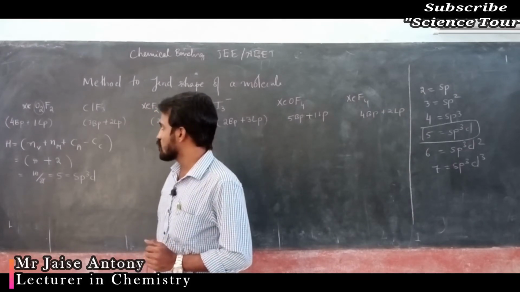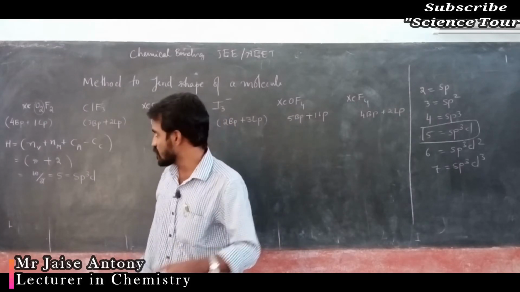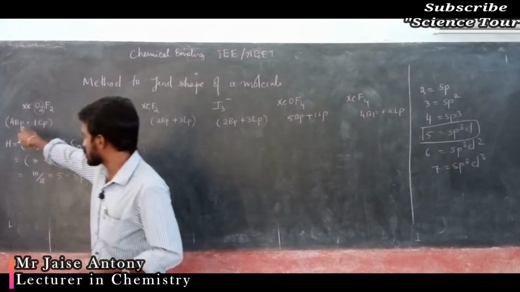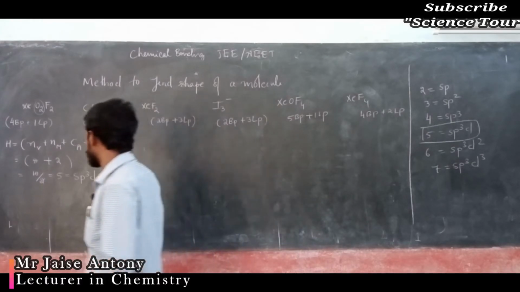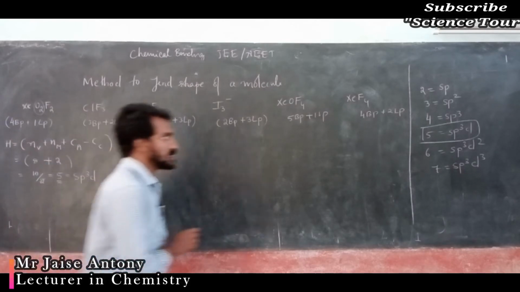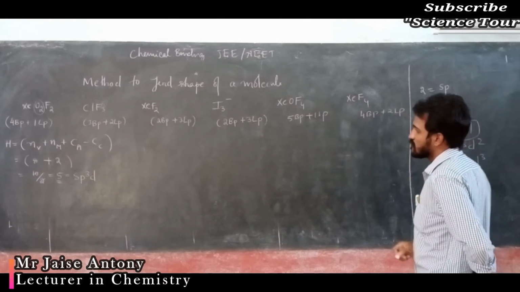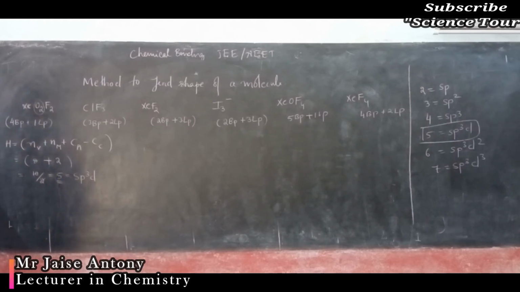This is the formula. We are done with that part actually. You just go through that earlier video. This is the method. Finding lone pair and bond pair is also over, but I wrote here 4 bond pairs and 1 lone pair. Total 5 pairs of electrons. What do you mean by this? 5 means 5 pairs of electrons: 4 bond pairs, 1 lone pair. If you are getting 5 pairs, it means sp3d. 4 pairs means sp3. 3 pairs means sp2. In that 5 pairs, 4 bond pairs and 1 lone pair are there, my dear students.